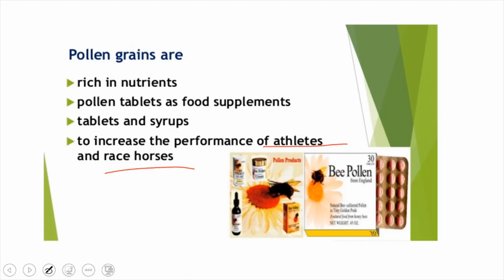So this is about the androecium, the male reproductive part of a flower, where we have discussed the stamens, anthers, microsporangia, pollen mother cells, microspores, pollen grains, and their maturity. Everything we have discussed in this class. So in the next class, that is part 2, reproduction in flowering plants part 2, we learn about the gynoecium, the female reproductive part.